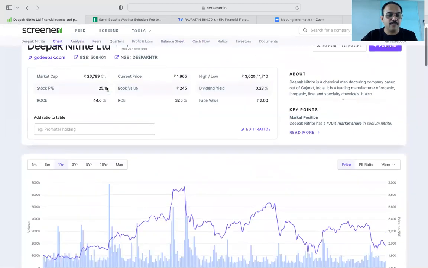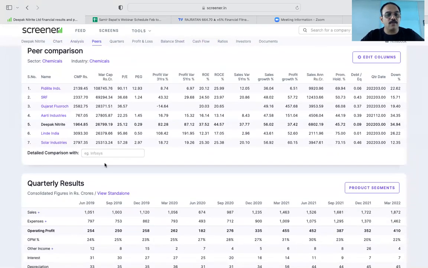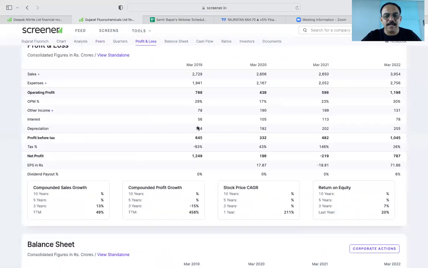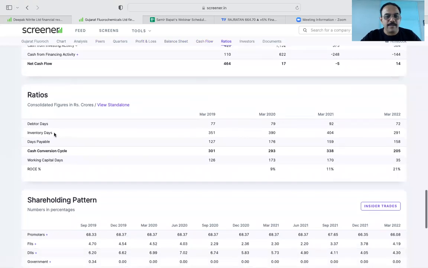say here they are showing a peer group. So let's take Gujarat Fluorochem, and if I click on Gujarat Fluorochem and go down on this website, inventory days of Gujarat Fluorochem is shown here as 291. So they are taking the material and dispatching out in 291 days, whereas Deepak Nitrite is bringing in the material and dispatching in 52 days. Which company is rotating its material and money faster? My question to you is, which company is rotating their inventory and money faster?